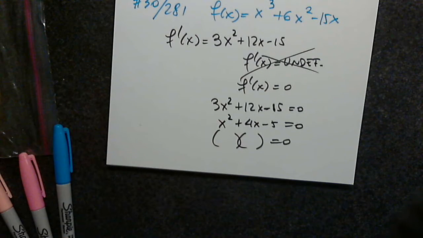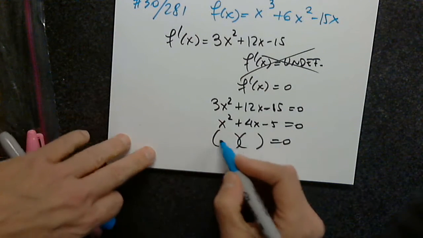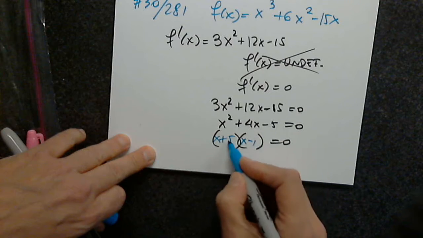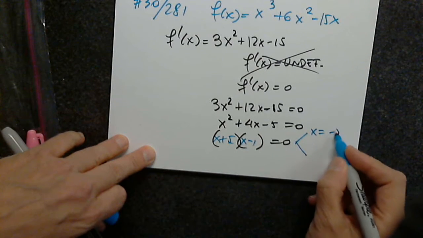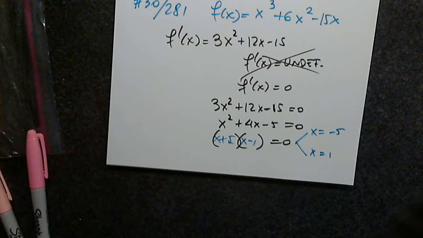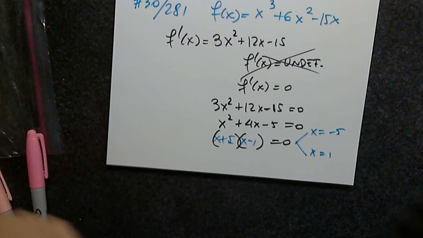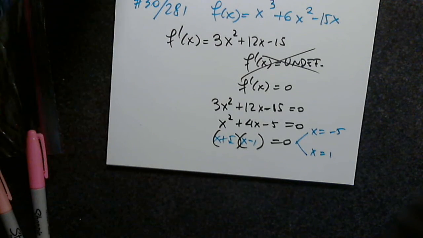When we factor, we get x plus 5 and x minus 1. So then we get x equals negative 5 and x equals 1. So we know this function has two critical numbers at negative 5 and 1. So now we're going to go back to a table,